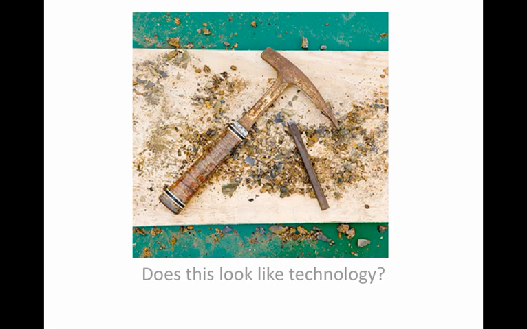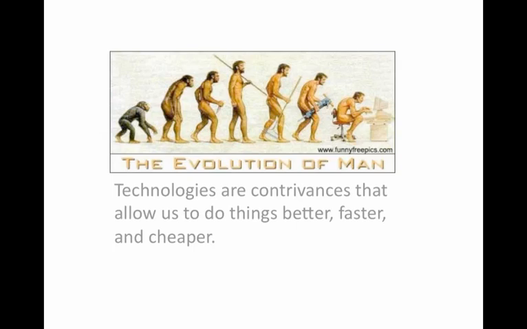Let's start out. This is lecture one for educational technology, EdTech, or ED 534. So I start out with this photograph or this image of a hammer and a chisel to illustrate the point: ask yourself what you think of when you think of technology. What's the first thing to mind? A lot of people will think that it's a computer, but actually technologies are anything that makes our life easier. We can do things better, faster, and cheaper. So the technologies are very much in terms of behavior related to productivity, input and output.